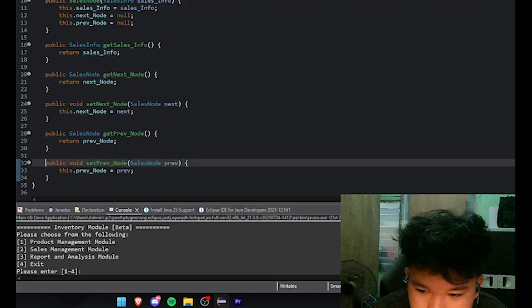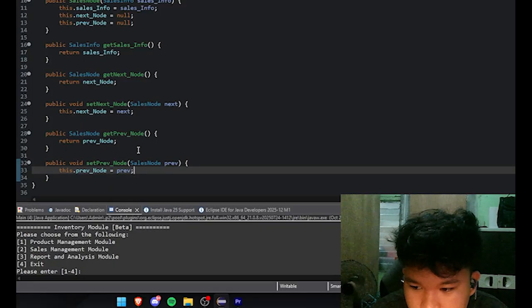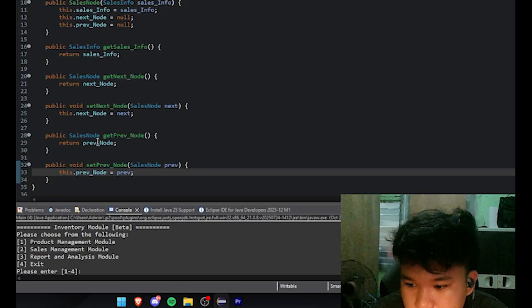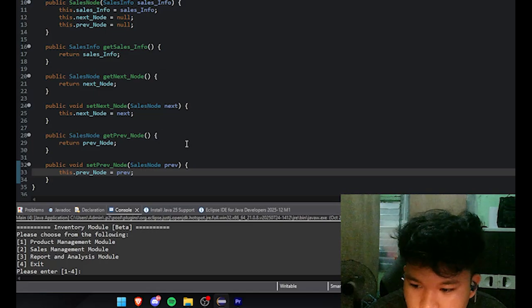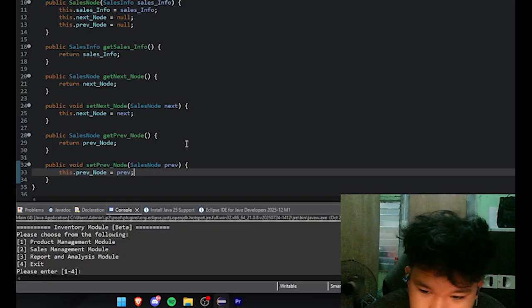So it is used to connect nodes when adding or removing nodes. In summary, for my report, this sales node keeps the system organized and efficient for sales tracking.